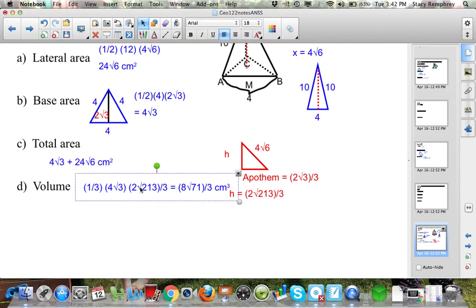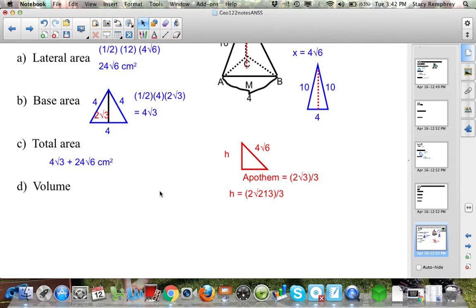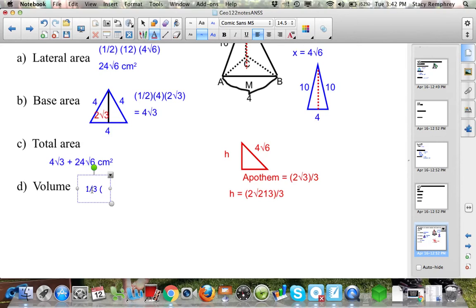I think I didn't do this right. I'll have to fix that. I apologize. It'll be 1/3 area of the base, so the area of the base was 4 root 3, times the height. So let's fix this up real fast for you. So I'm going to have 1/3. The base area I know is 4 root 3. I think I had that before. And the height was 2 root 213 over 3. I promise that when I give you that as a problem,